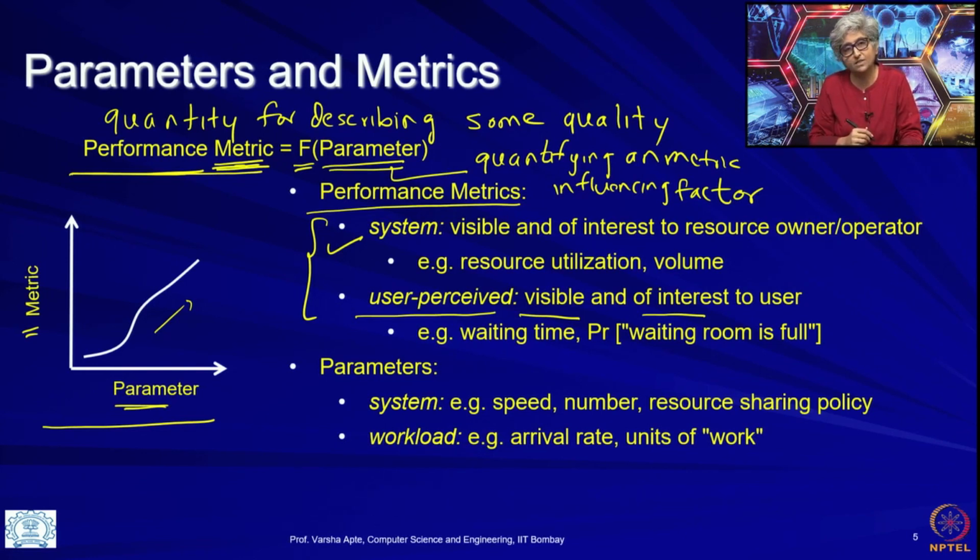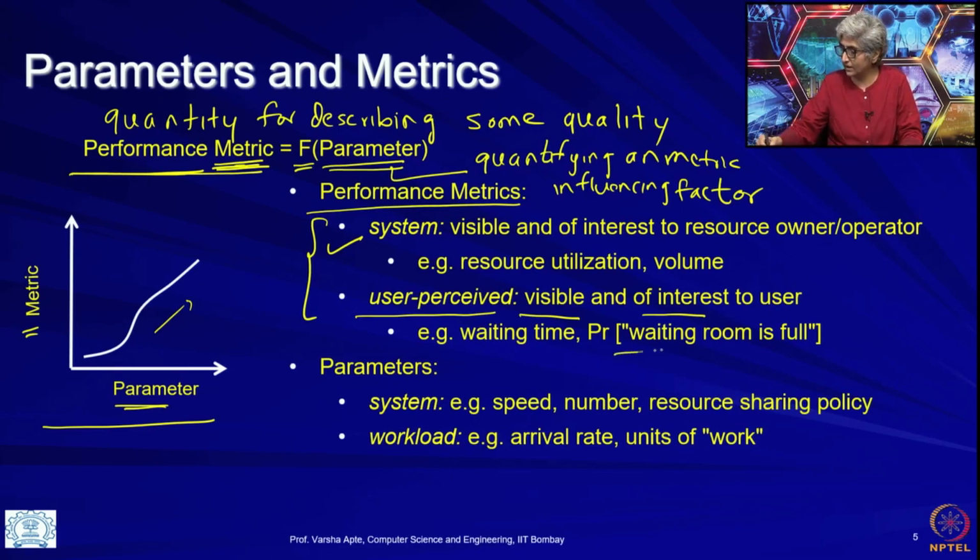All the previous examples that we gave outside of computer systems and networks, clearly these are how much time you are waiting at an escalator, how much time you are waiting in a queue. This is something that a person actually experiences. Similarly, in networks and systems, the waiting time will be experienced by a packet. Now, the packet is not a person, so it will be something that the network administrator will have to measure, but it is a metric that belongs to the packet, and is indirectly experienced by the human who is sending the packet.